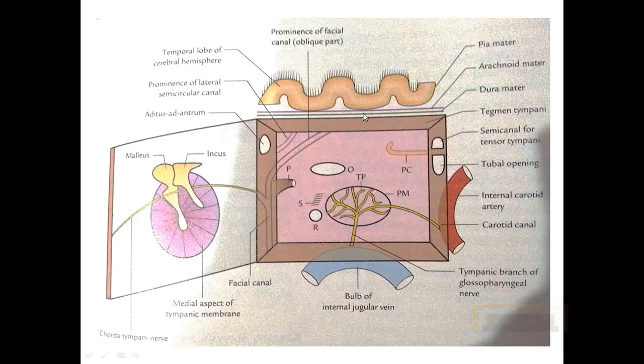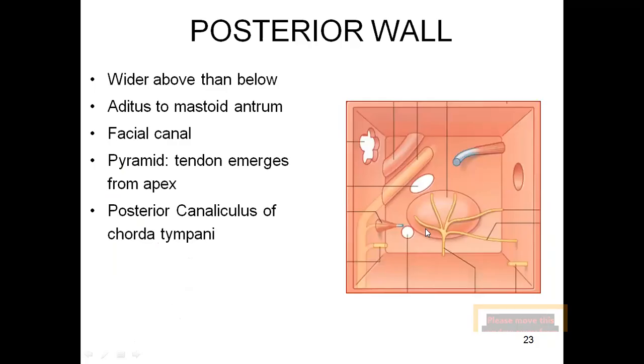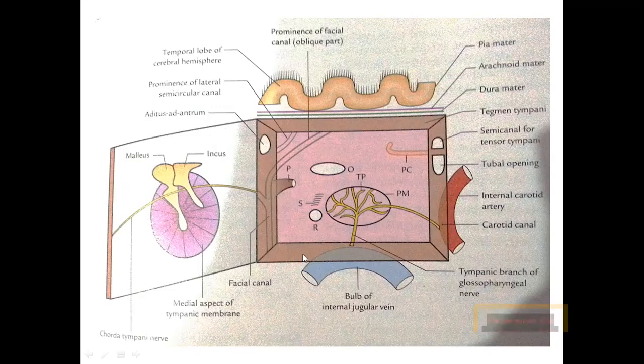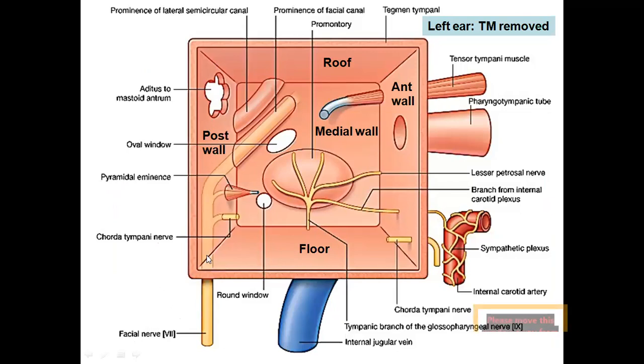Here you can see the middle cranial fossa, just to make it clear, like this is the roof. Here we have the brain, sulci, and coverings are meninges. So if the roof is not ossified, infection from the middle ear can spread to the brain. If the floor is not ossified, infection from the middle ear can spread to the veins, causing thrombosis. Okay, this is the carotid canal where you have the internal carotid artery, in association with which wall? Anterior wall. Once we are done with the anterior wall, let us go with the labeled picture of the posterior wall.